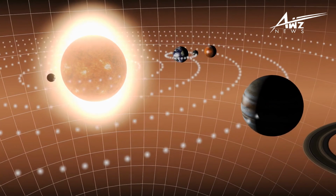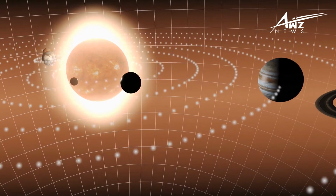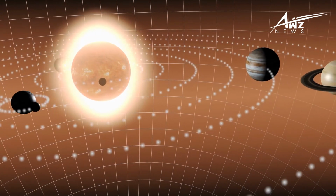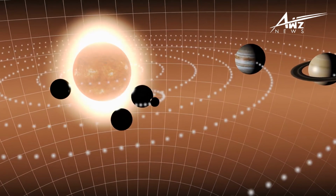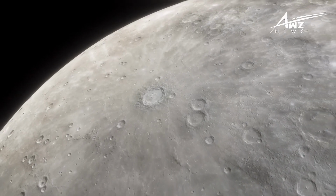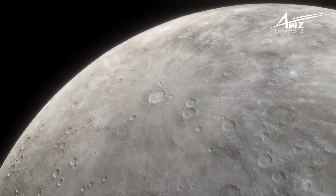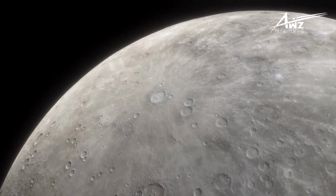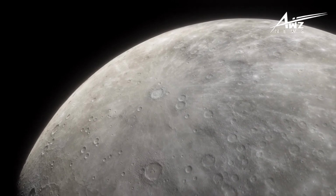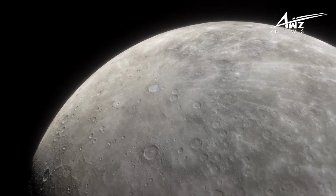Because of this 3:2 orbital resonance, one day on Mercury, measured from sunrise to sunrise, what is known as a solar day, is equivalent to 2 Mercurian years, even though it takes Mercury around 59 Earth days to revolve once, which is what we refer to as a sidereal day. This is what it would seem like to be standing on Mercury. The Sun would rise quite quickly, slowing down and even appearing to be moving backwards as midday drew near before continuing on once again until dusk. As you can see, it took an entire year, proving that a night on Mercury takes an equivalent amount of